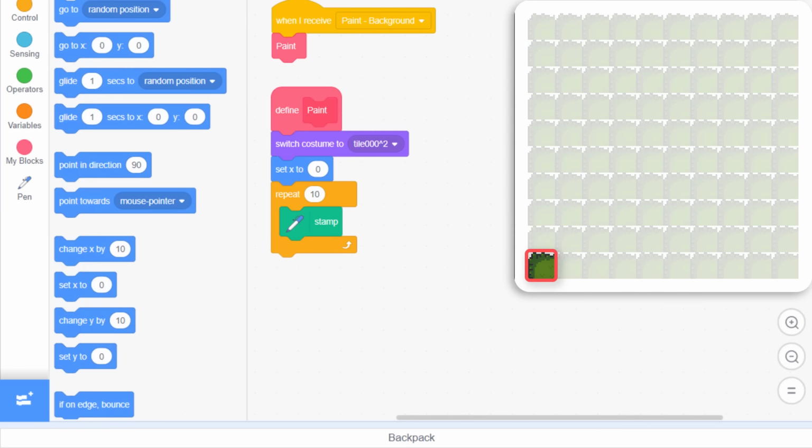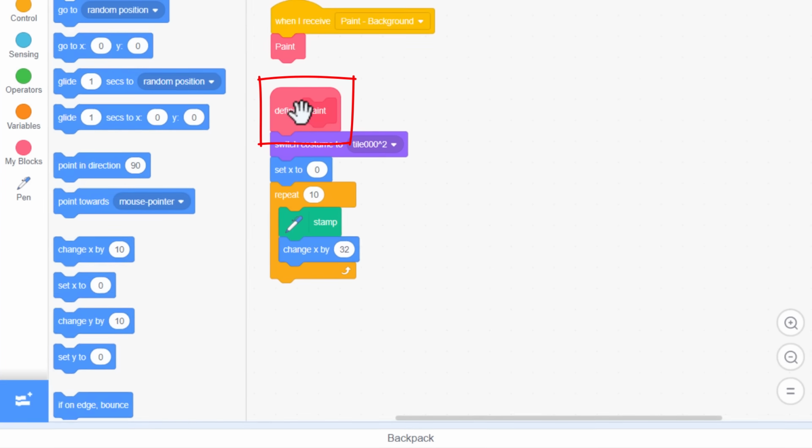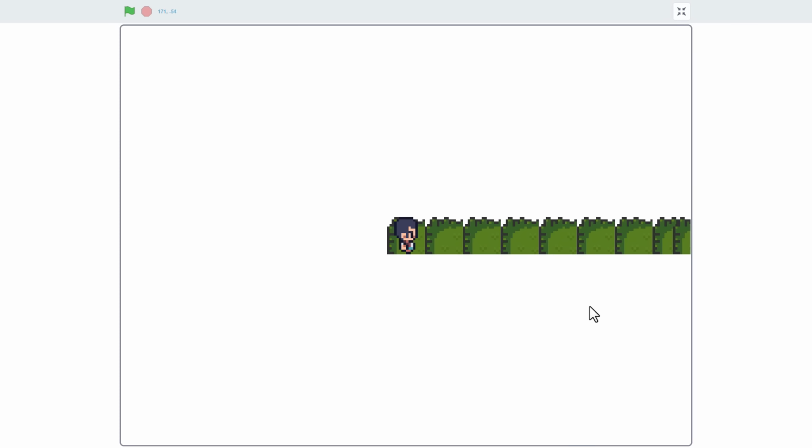After which, we move on to stamp the next tile by changing X by 32. That's the width of our tile sprite, if you remember. Great, let's see that working. Just click the Define Paint script. And yes, that's cool. We've stamped a seamless line of tiles from the middle of the screen to the right